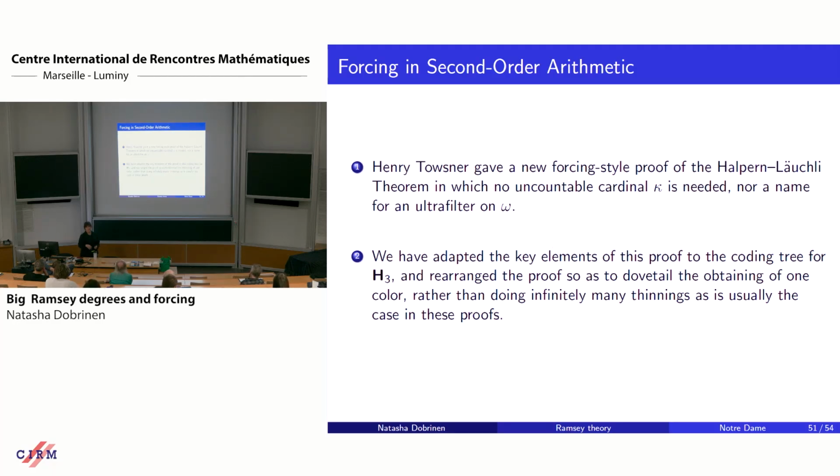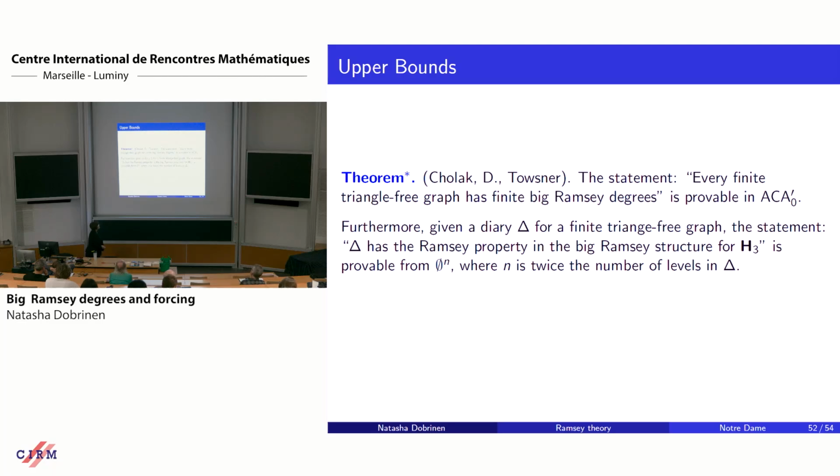The other thing you have to do differently is dovetail all of the construction at once as you're building. You can't thin through, go into another level and thin through, because you're going to add all these Turing jumps if you do that. But what we get then is theorem star, Asaf is going to like this, because we need to finish checking everything, but it looks sound. This is the statement that every finite triangle-free graph has finite Big Ramsey degrees, and it is provable from omega many Turing jumps. So we got it to be an exact bound, and forcing was a key piece of this,